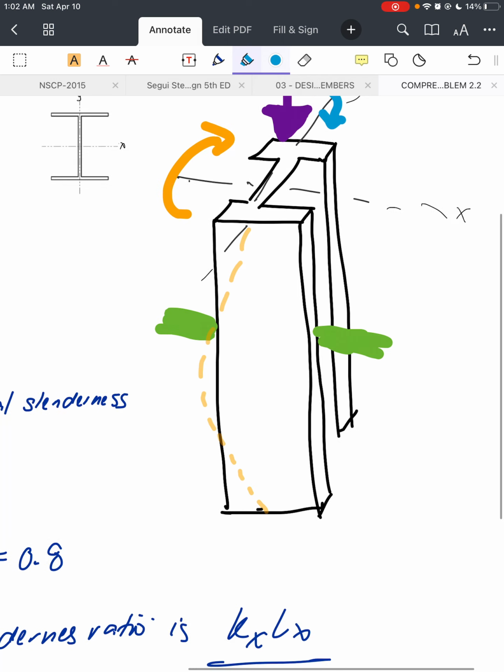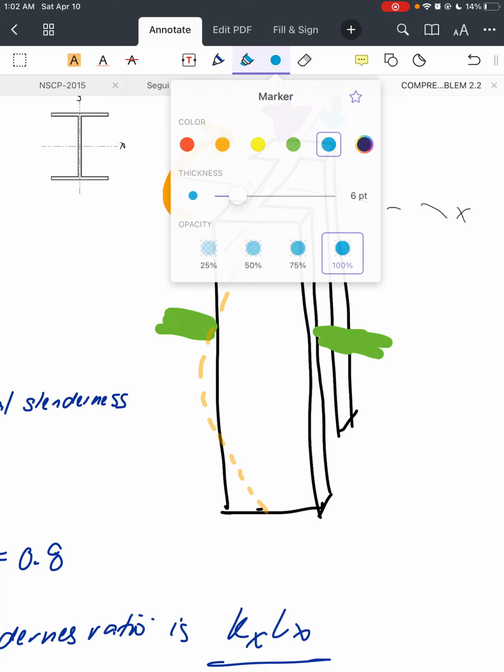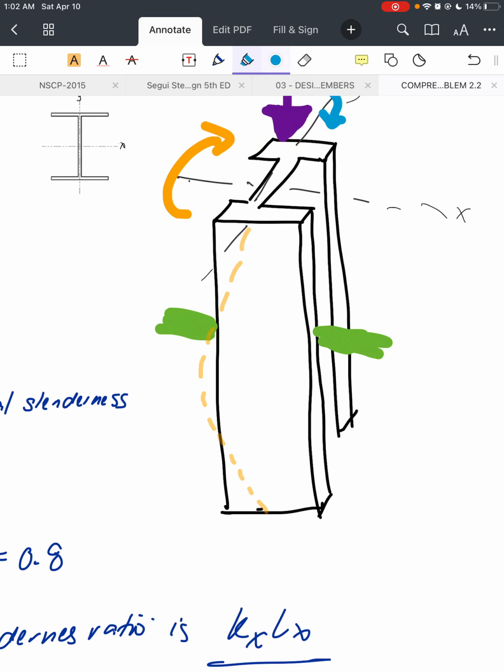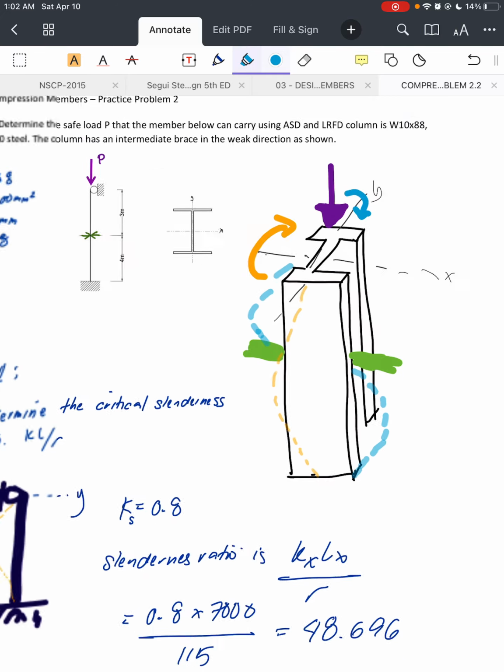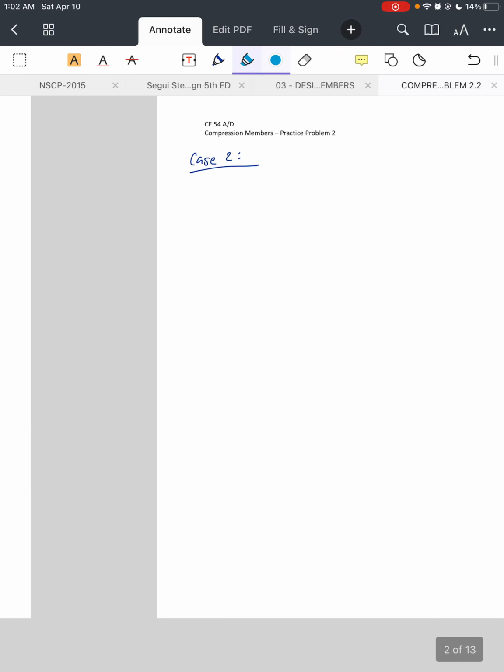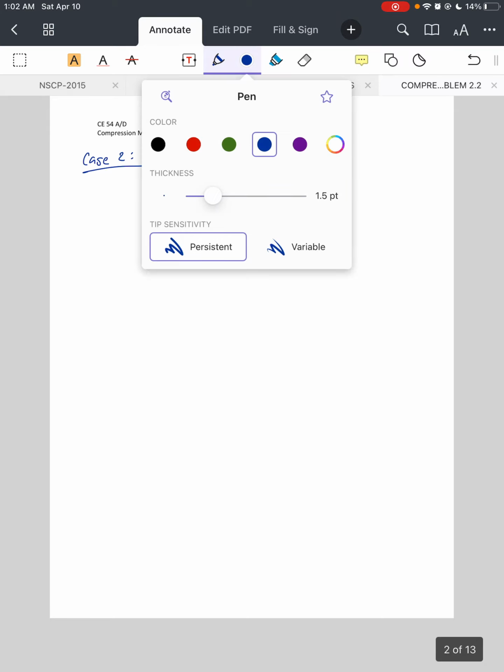So, your deformation, if you have your buckling about y-axis, should be like this one. So, magkakaroon ka dito. And dito. Okay? Now, to visualize that,